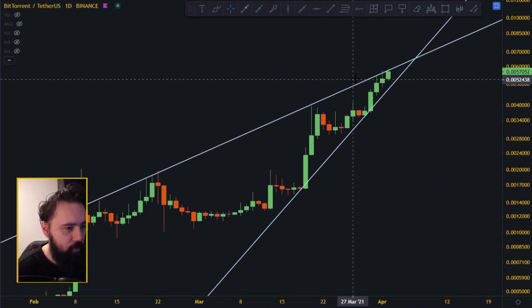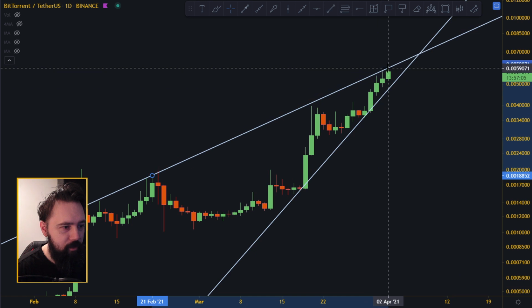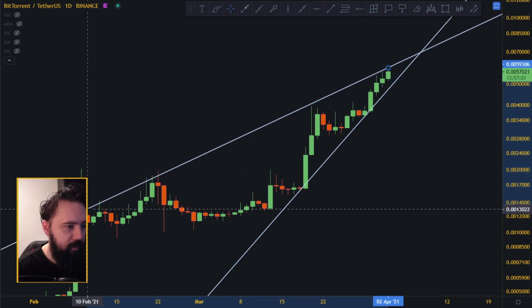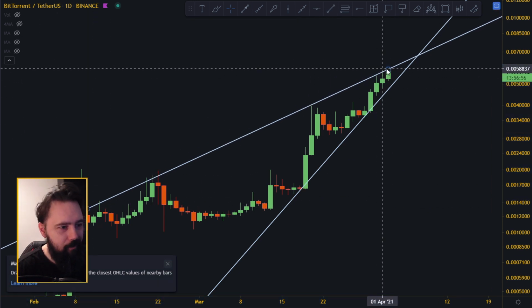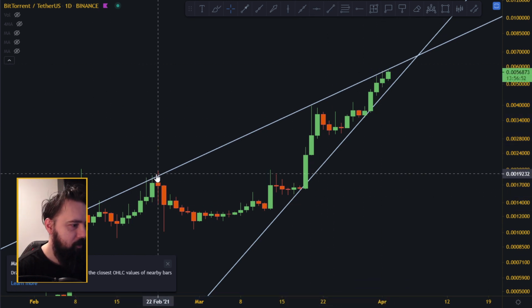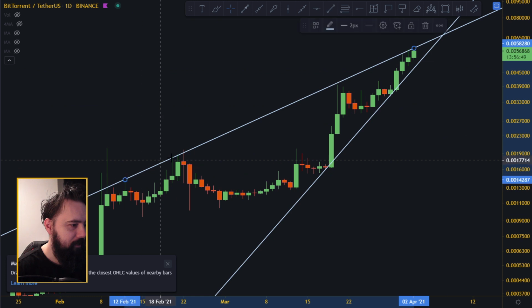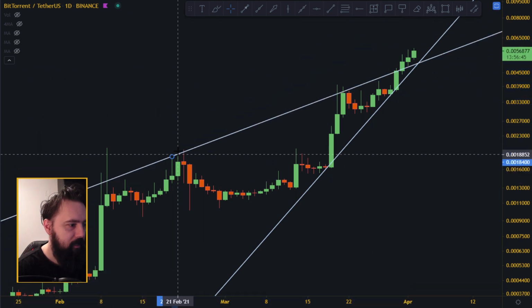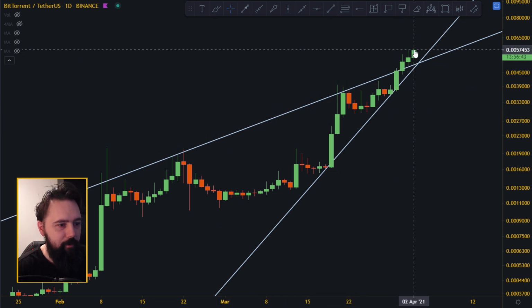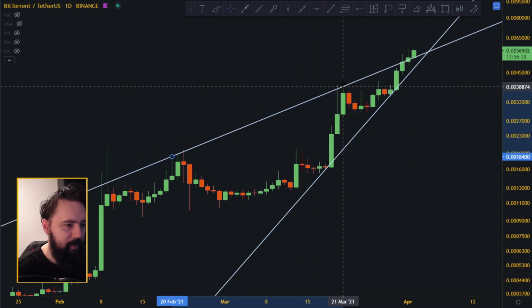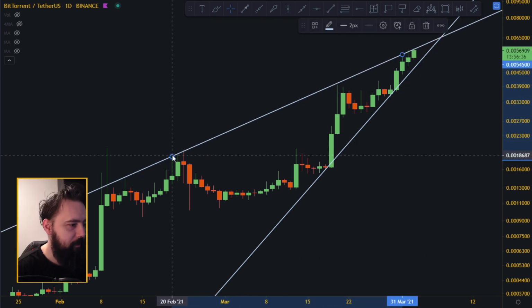Now whether this line is correct or not, I've been trying to draw it another way, using some other wicks and stuff like that. Is this line correct? Because then you don't hit these wicks, and I don't like that, because I think these 3 wicks are important. So maybe it's gonna be something like this, maybe something like this. Maybe we already broke it and are already on the upside. So you know, it depends on how you draw it. It depends on how you draw it. But I kind of like